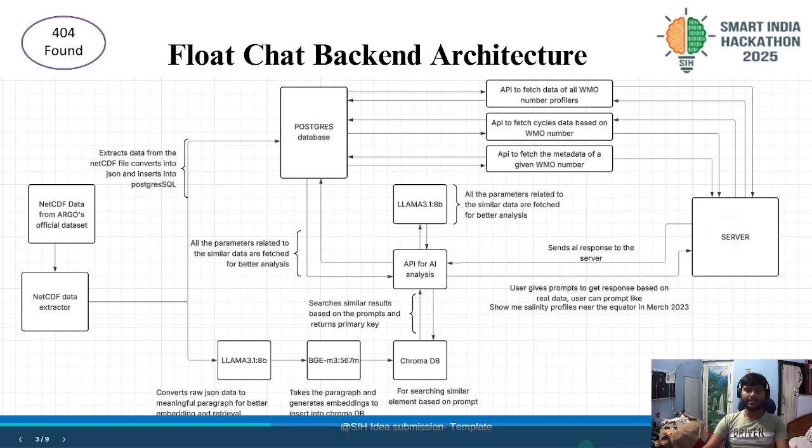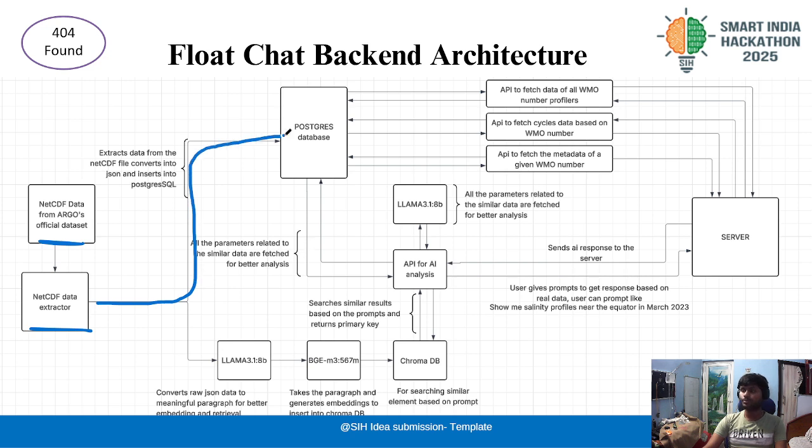So, how did we implement this? First we extracted all the data from Argo's official FTP server. Then we extracted the data from the NetCDF files and converted it into JSON format. And then this data was put into a Postgres database. Now this raw JSON data is converted into paragraph format using an LLM model, Llama, and these paragraphs are then chunked and embedded using an embedding model, and then these embeddings are put into a ChromaDB